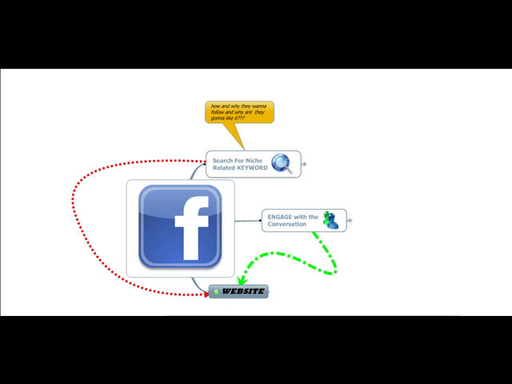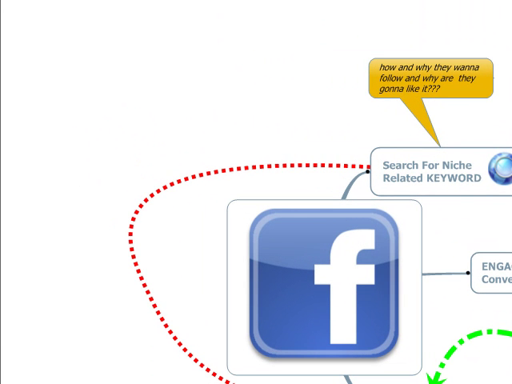Well, for one, if you created a group, you couldn't actually customize it the way you wanted, as compared to a page wherein you can customize the photos, add codes that would make your site look good, and even an opt-in page. So it's sort of like a mini squeeze page, and you can add a lot of people compared to the limited friends that you could add on your actual profile.